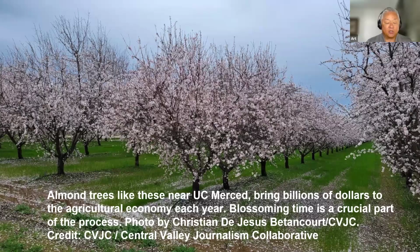It's a beautiful picture. These are almond trees, and I'm sure you guys have heard about almonds. We do need pollinators for almonds and several other kinds of nuts, but almond is very specifically a crop that is a high cash value crop. There's over 1.2 million acres currently under almond that support almonds exclusively. So that's a lot of land, and you need about